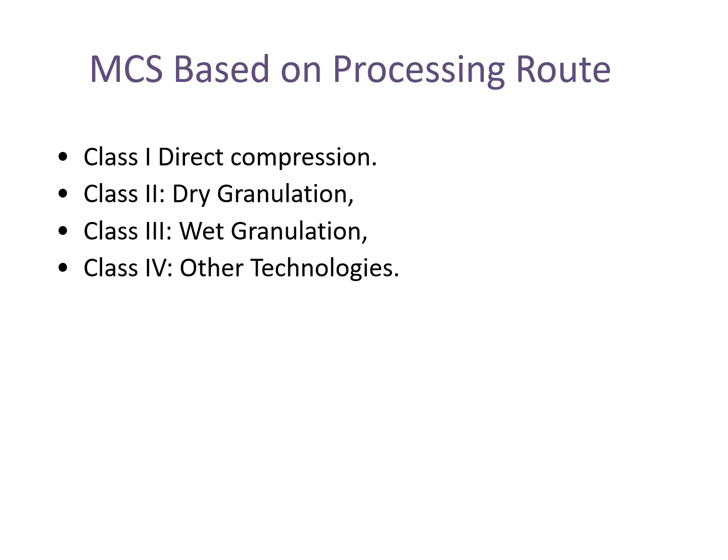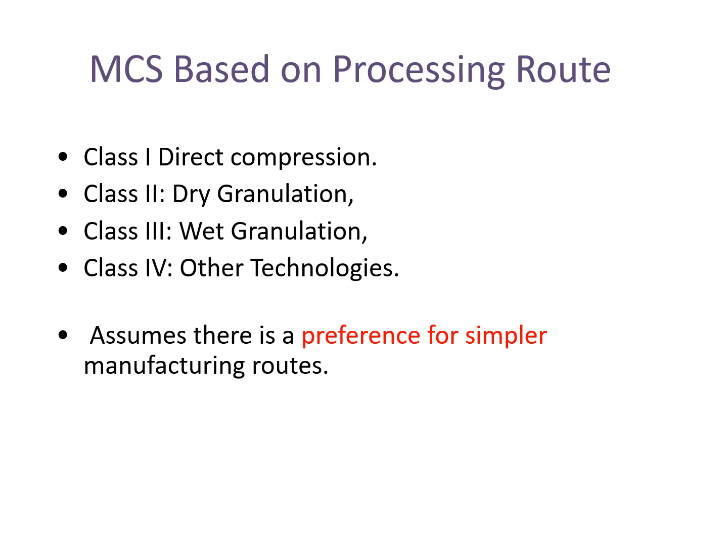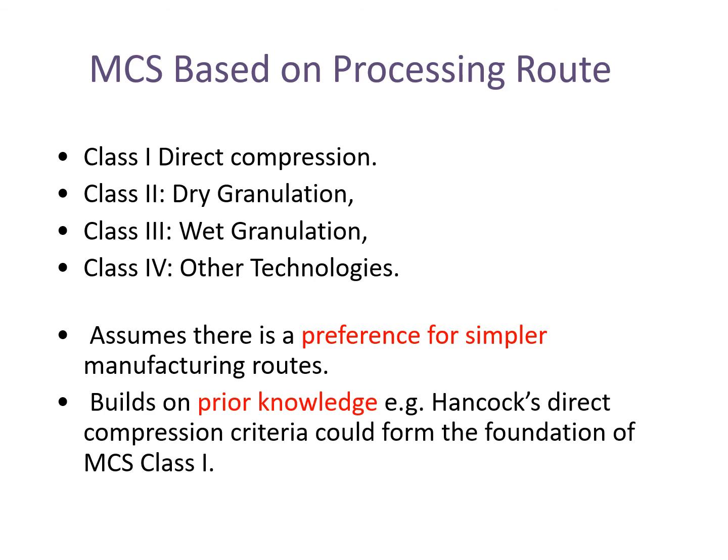If they were complicated, we'd go into wet granulation. We started to think about how you would break apart and classify these compounds. So the assumption is you would actually go for the simplest approach first of all. If it was a nice molecule, easy to handle, nice particle, you do direct compression. If it was complicated, you go for wet granulation. And we also decided that we would build on prior knowledge. That is, there's a lot of information out there about what makes a particular particle good for direct compression, and why you would need to think about whether to wet granulate a material, for example. So these were all put together in that.